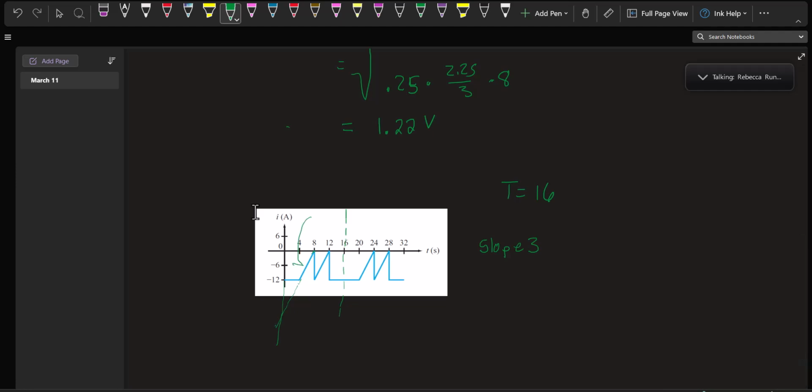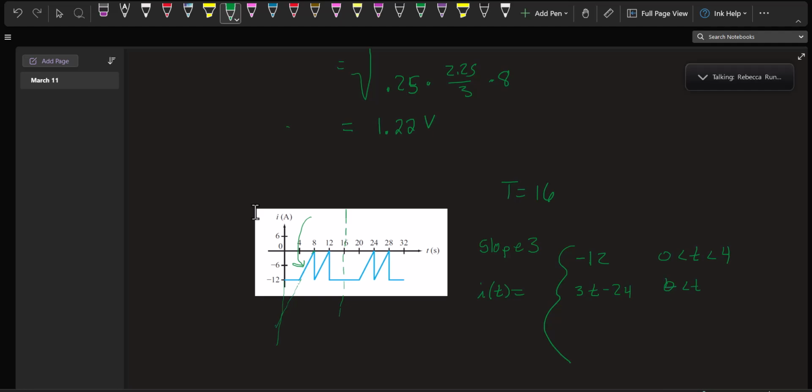So this first little line segment would be, so we have I of t equals negative 12 for t greater than 0 and less than 4, and it equals 3t minus 24